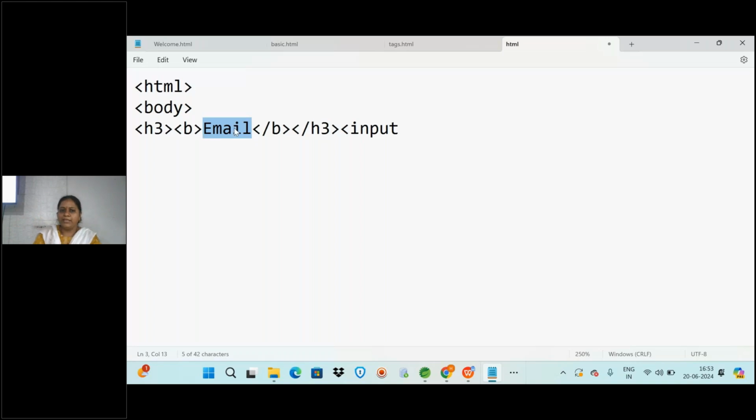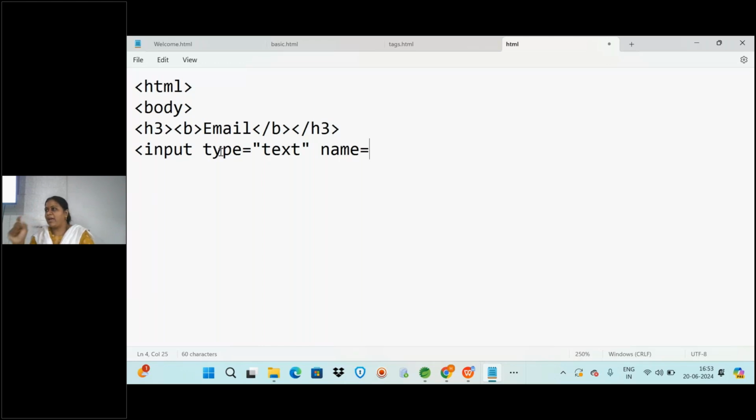Okay. Now here after this you write the input tag. So for input, you want the text box, right? So the attribute we are using is what? Type. Type is equal to what you will write here? Text. Input type is equal to text. Later you will also know about some attributes, like I want to give the name of the text box, not the value, the name. Later in the application you will fetch the value of the text box using this name. That is the reason we are giving the name. So why and all, we will see later. You can give the name as em, any name you can give, and you will close it.